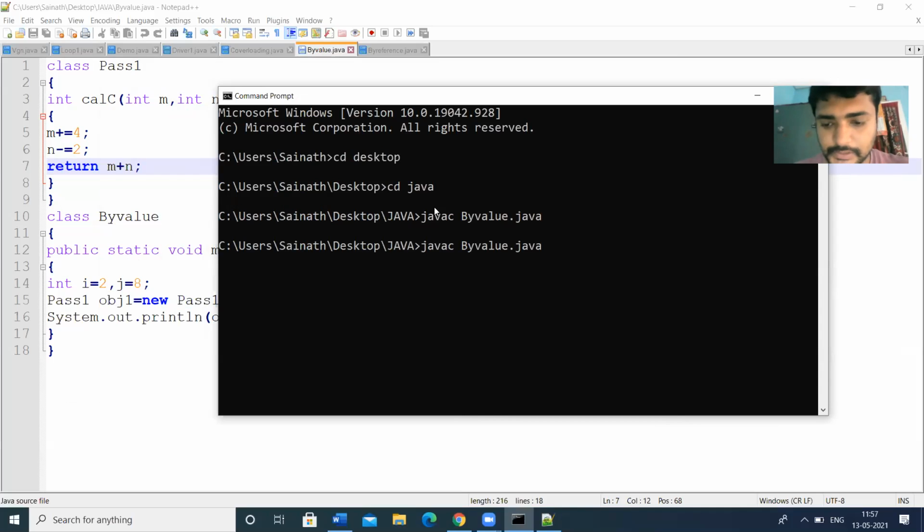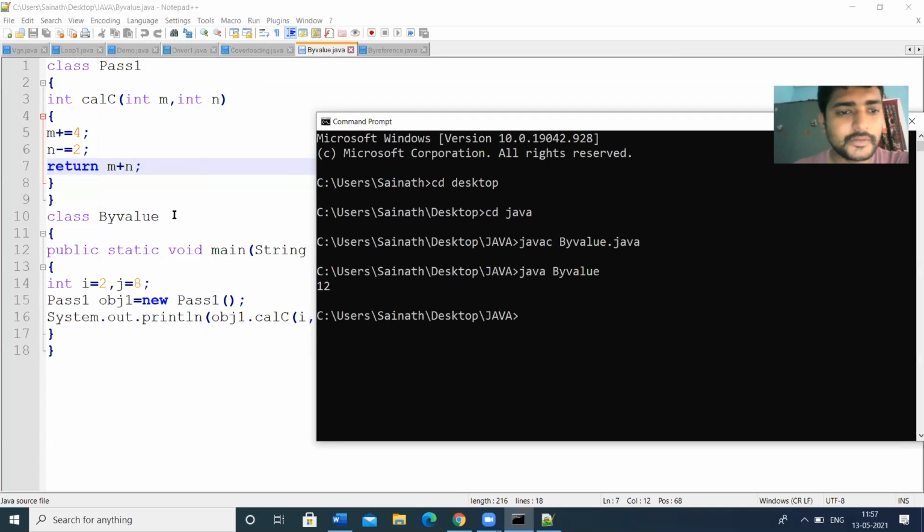So no errors. The value is 12. The function returns the value 12. So we are passing 2 and 8. Here the value is 2, here the value is 8. So m value is 2, n value is 8 here.